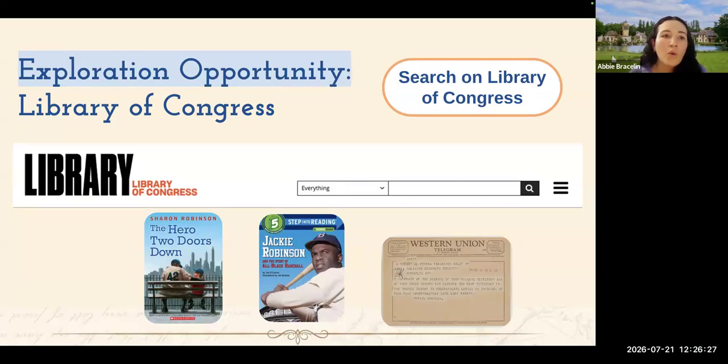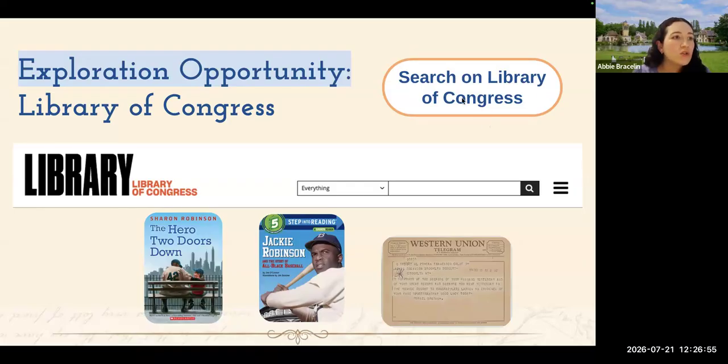So I'm going to go on to Library of Congress. Now let's pretend I'm working with a teacher or I am a teacher myself and I need to add to this collection that I have. So let's say I want to add a photograph and I want to look at the Library of Congress to help me with that. So I'm going to show you where I would go. Now, if you're familiar with Library of Congress, that's great, but I'm just modeling for you. So if you do work with teachers, you could do it in a similar way.